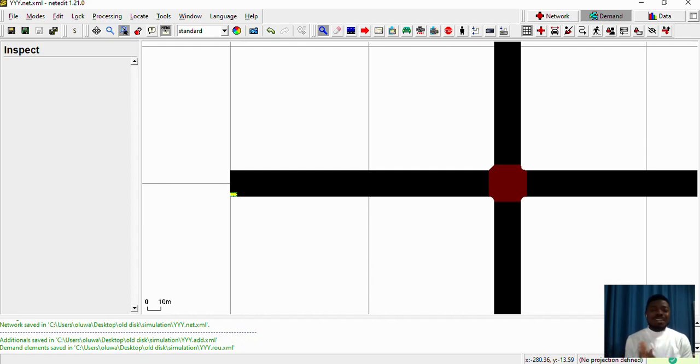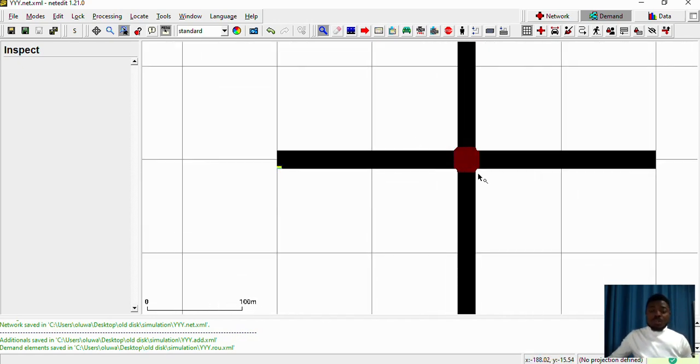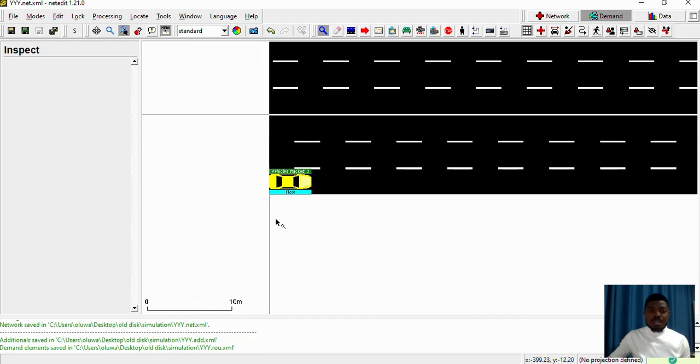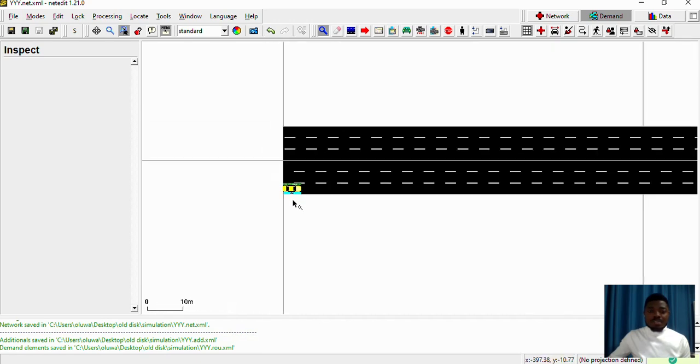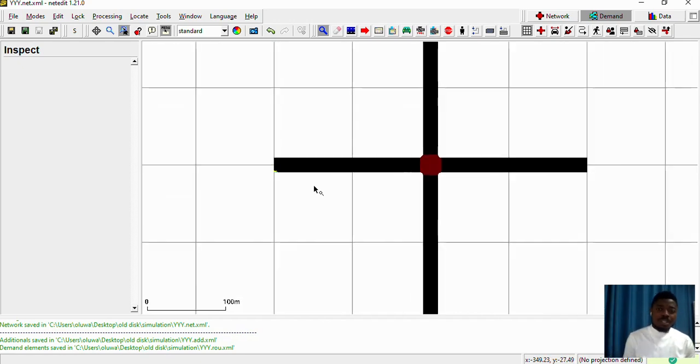Hello and welcome back. In the previous video, we started with the intersection network. We are able to build the intersection network, something we have on the screen right now. And afterwards, we're also able to introduce the traffic light and the vehicle flow in the west lane of the intersection. And that is what we have here. Then we exported this information and this network to Sumo GUI to see the traffic behavior and the vehicle behavior